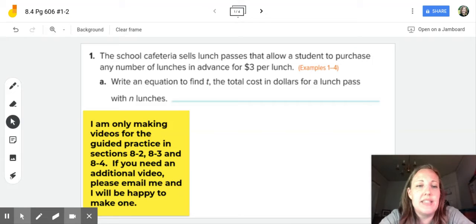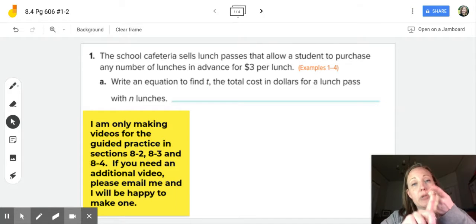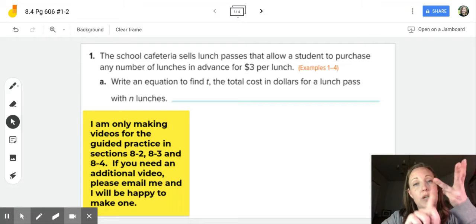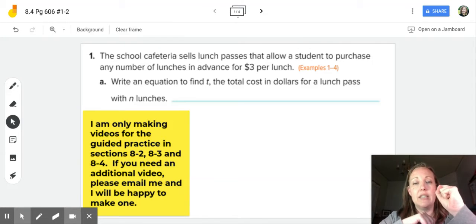Okay, so this says a school cafeteria sells lunch passes that allow a student to purchase any number of lunches in advance for $3 per lunch. It says we're going to write an equation. It's going to need a variable. It's going to need an equal sign and at least one operation. That's an equation, right? To find T, which is the total cost in dollars for a lunch pass with N